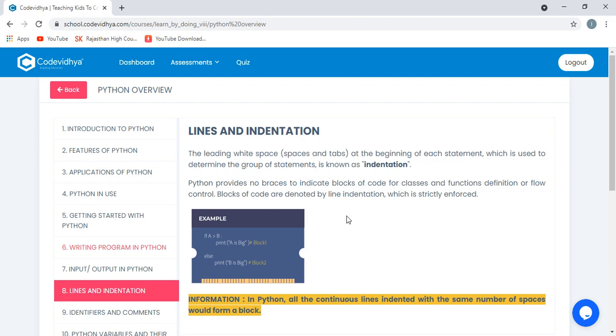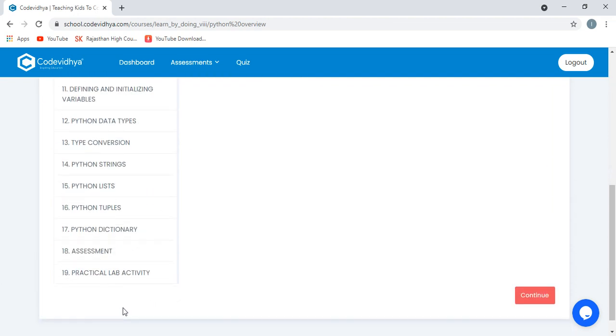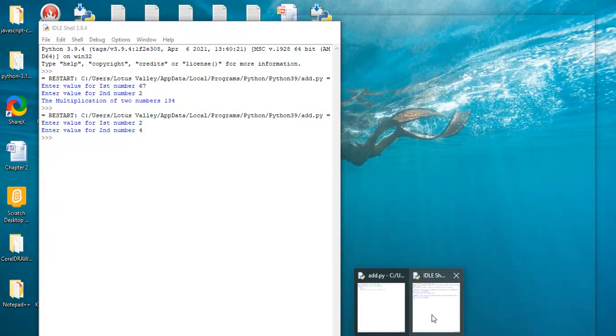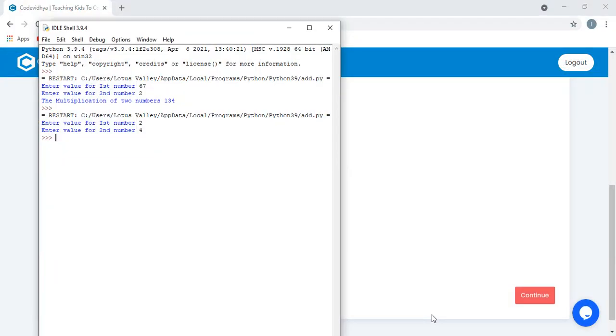So students, any doubts in page number 15 and 16 or in today's class? Yes, tell me if you are having any kind of doubts related to today's topic. No, ma'am. Okay, very good. Then start practicing all these things at your home and let me know in case of any kind of doubts.